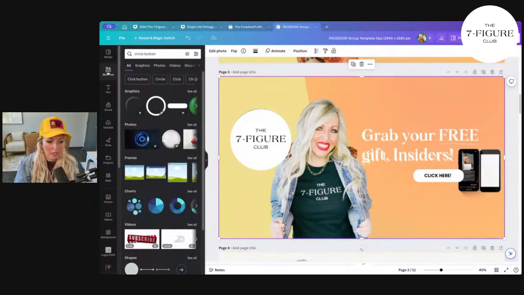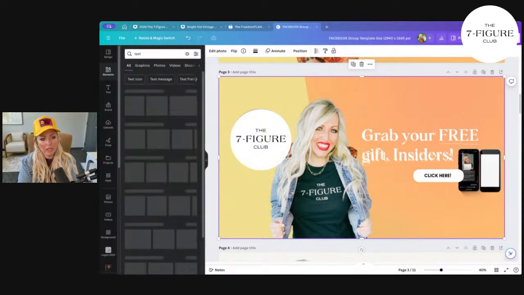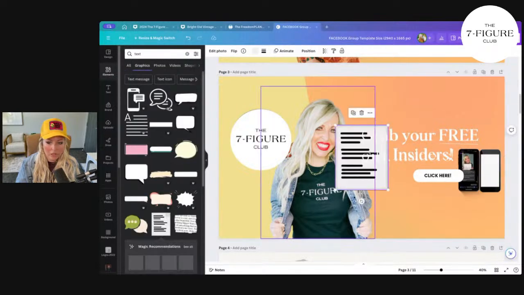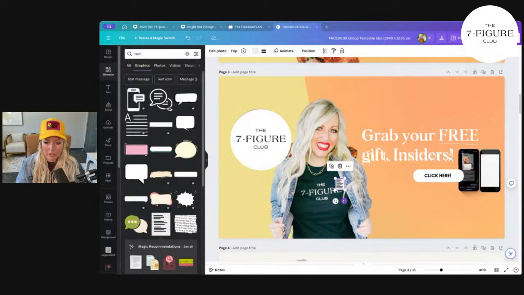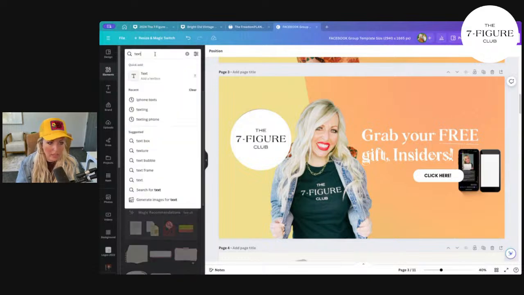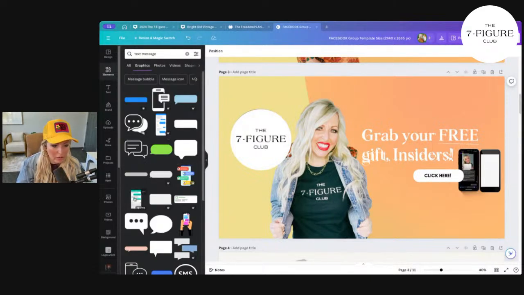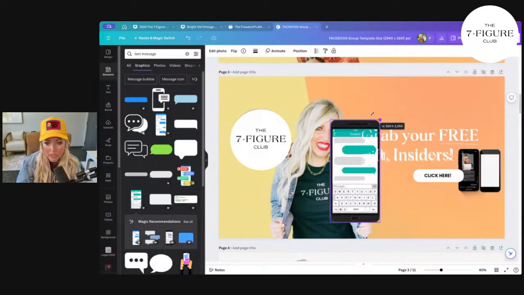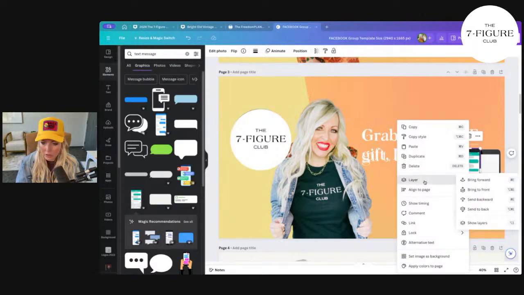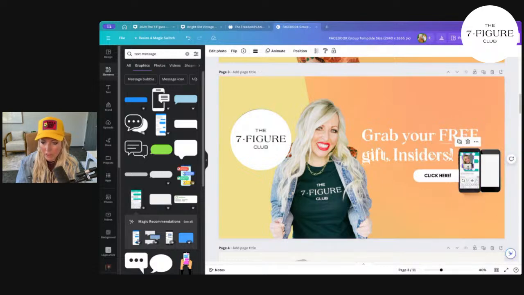So I'm going to actually grab, I know it's really tiny, but let me see. I might try two things. So let's do text. So I might do honestly something like this, just really tiny so they get the point, just to keep it super easy. But that looks fake. Because what we're wanting is for it to actually look like text messages. So I'm going to try out, or maybe I do this instead, and grab my picture. See what I mean? And let's go layer, send backward. And then kind of